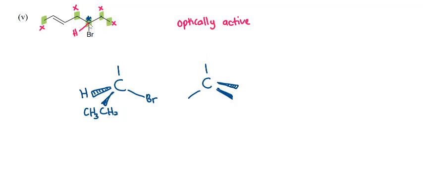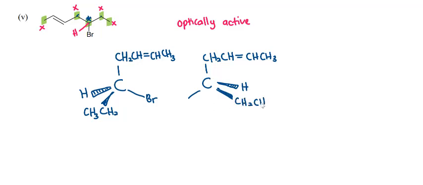Here this carbon is attached to CH2 and then we have CH double bond CH and CH3. Now just copy back everything to our second structure. So here we have hydrogen, CH2CH3, and then Br. So this is our pair of